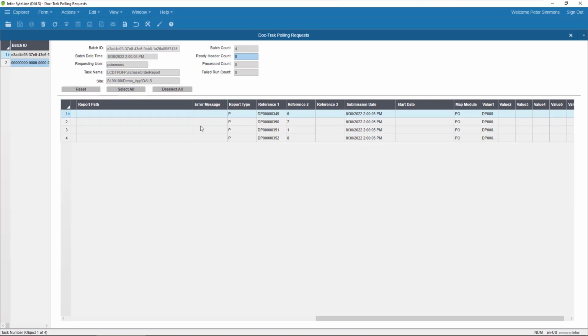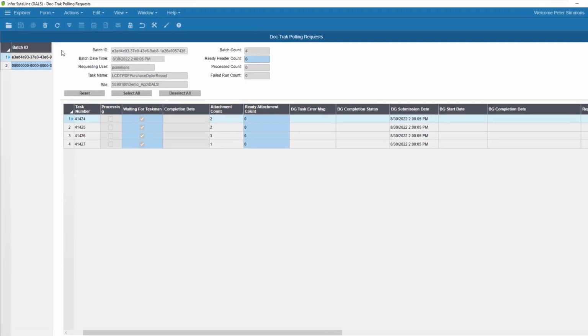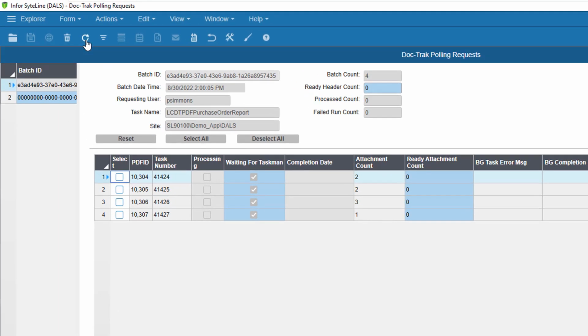What you see in this form is a snapshot. Every time you refresh it, you get another view of the current status. Now, notice that I've been clicking this refresh button for a while. We submitted this request some time ago, and still it looks like nothing has happened. So to me, it looks like we have a problem that we need to troubleshoot.